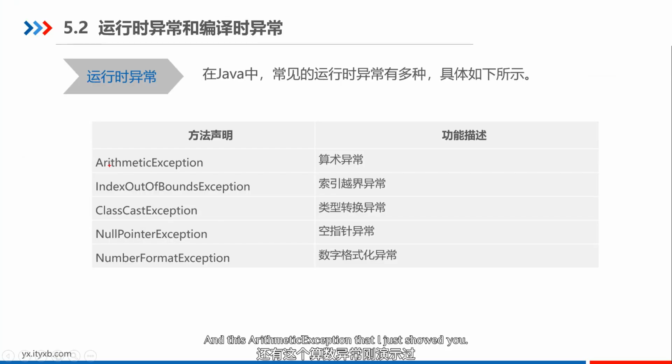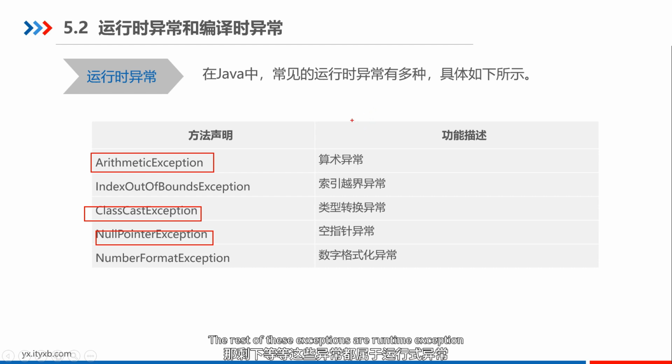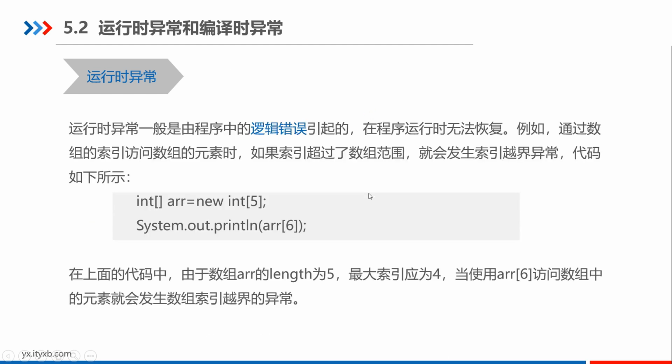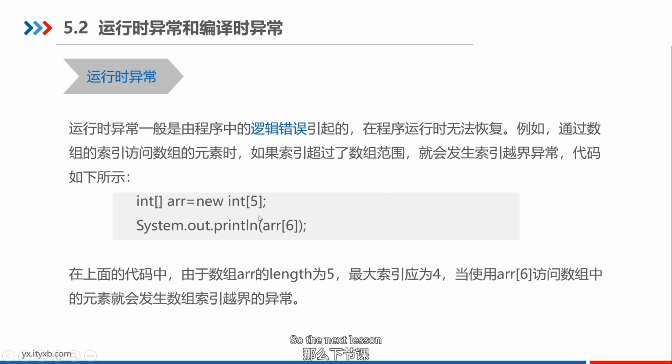And this arithmetic exception that I just showed you, the rest of these exceptions are runtime exceptions. This kind of exception is usually caused by logic errors in the program that can't be recovered while the program is running. Then this is a normal demo. So the next lesson, we will introduce how to deal with